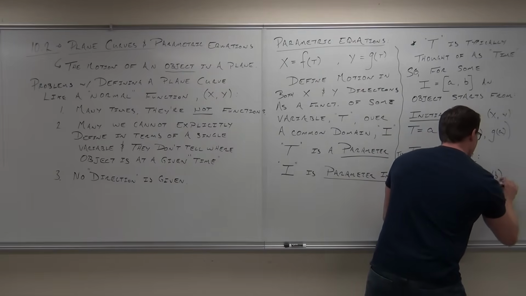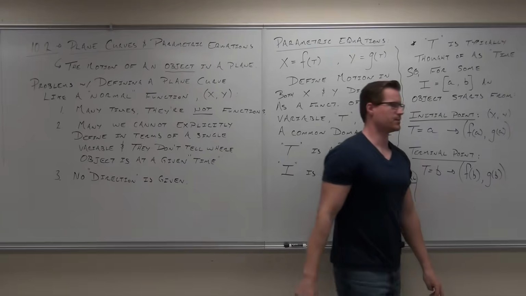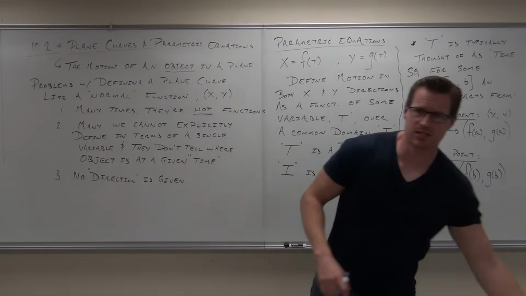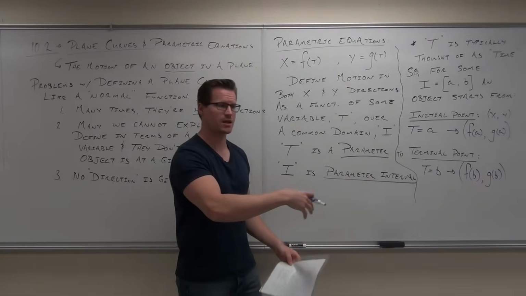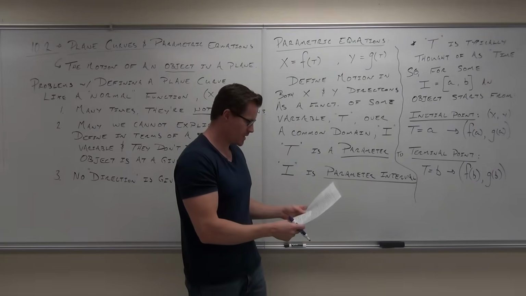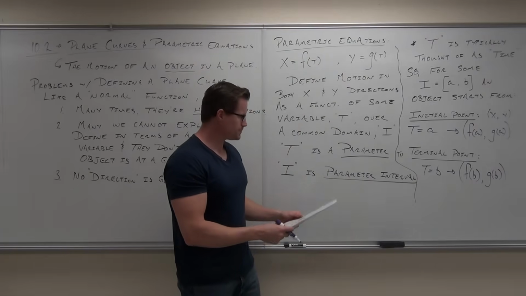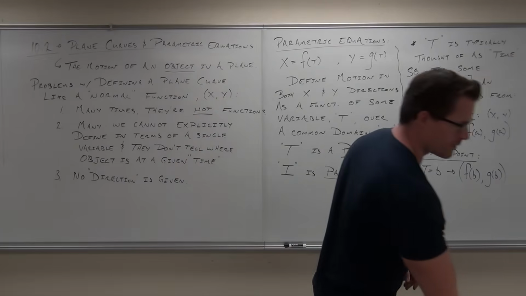Once you understand it, it's not that hard of a concept. It says you can find points x and y by plugging in a number into a function t, a function of t for x, and a function of t for y. It'll still give you points. Now, what happens is that, we talked about this too,